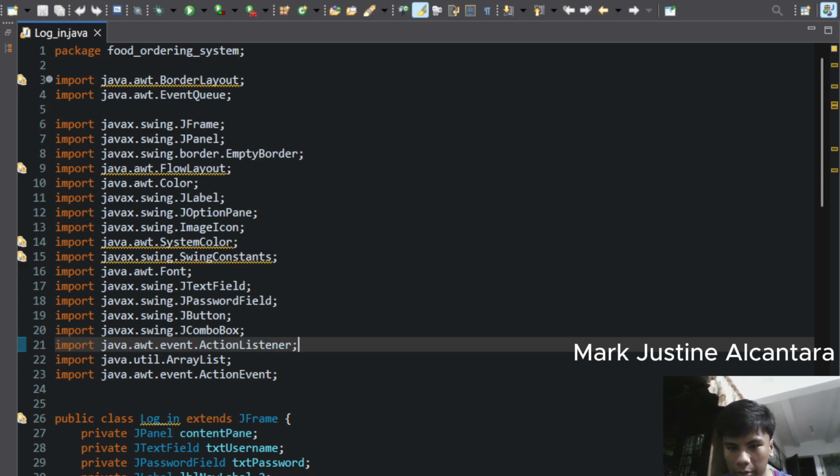Then from line 26, remember that this file is a JFrame, so this class is literally a window. From line 27 to 32, we can see we drop all the widgets on that window: text boxes, labels, a role picker.